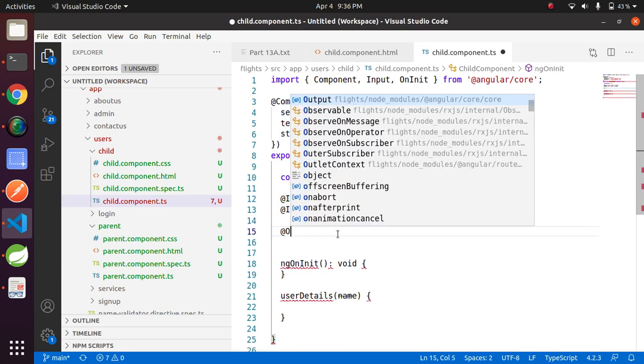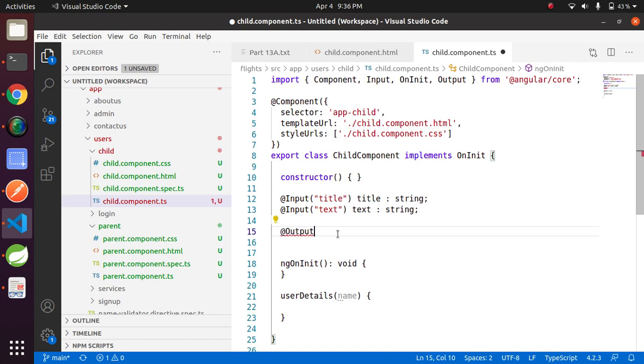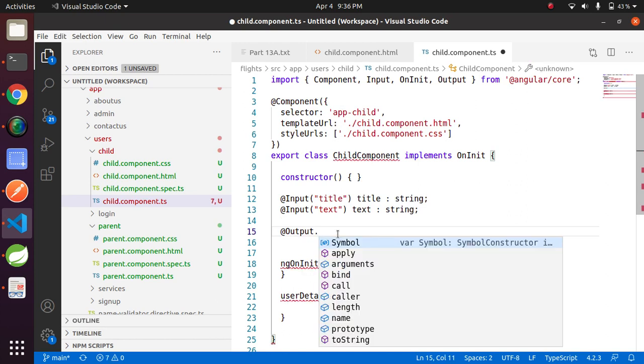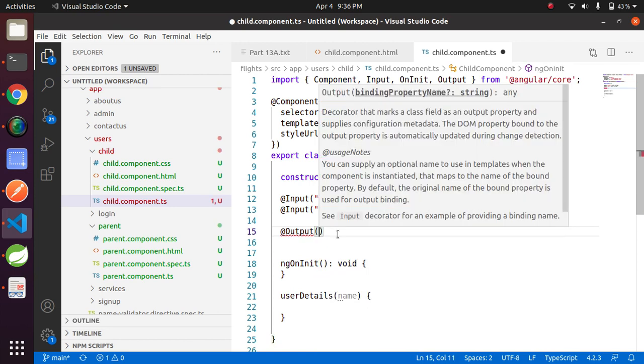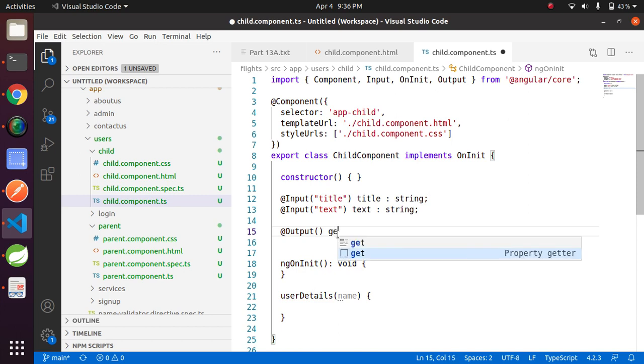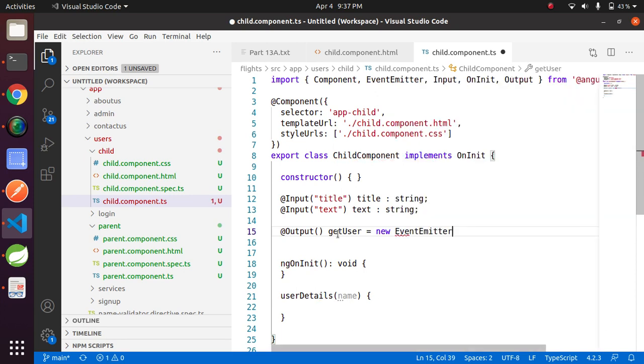@Output, and here you can provide any name. Basically we have to use this in the parent template to map parent to child. getUser equals new EventEmitter.